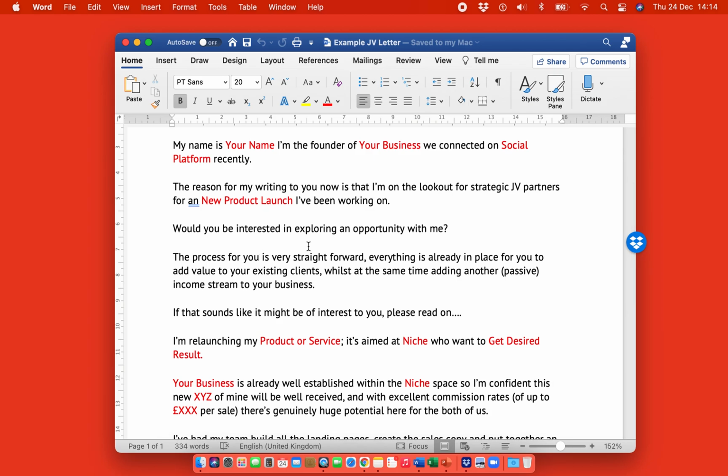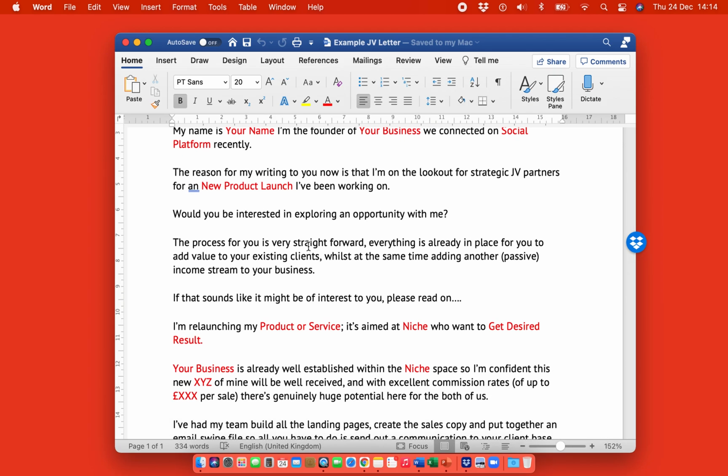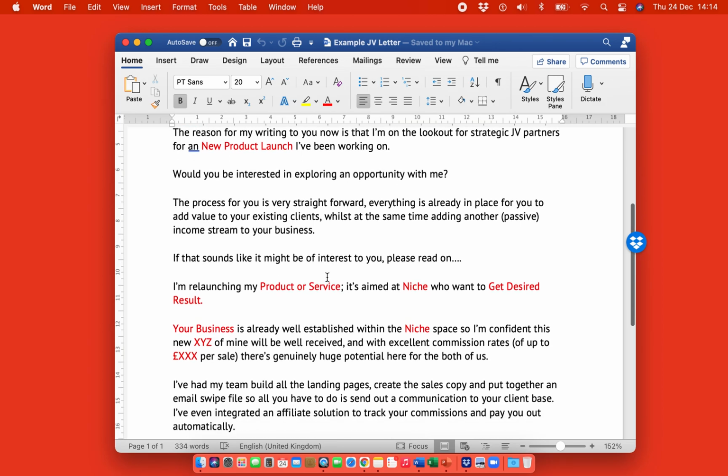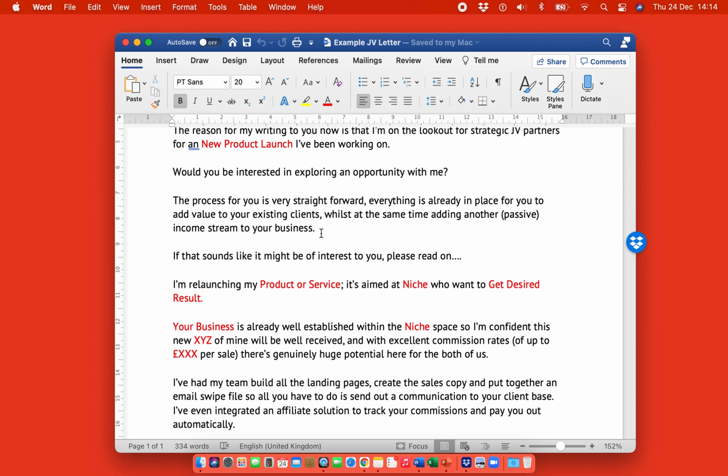The process for them is very straightforward, and this is where it becomes really easy, because you'd have done this work beforehand, and I'll show you how to do that, of course. And if it's interesting to them, whether or not they want to take a look and go further. So you can effectively say that you've done the work for them, i.e. you put together your product page, which is your landing page, you've got your service already sorted out,